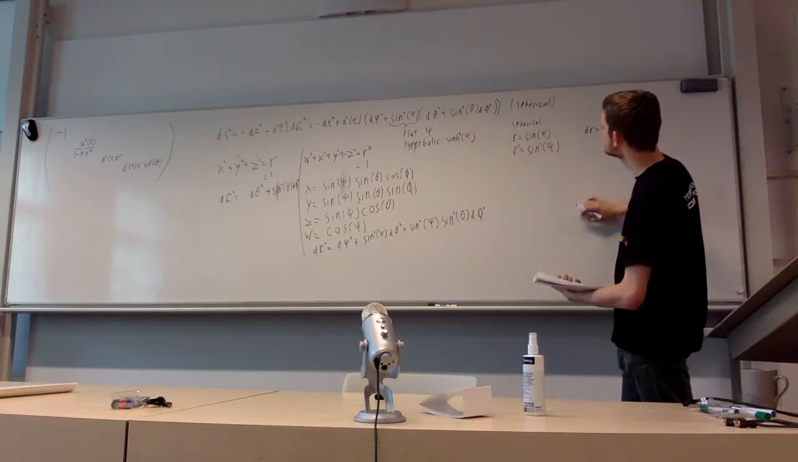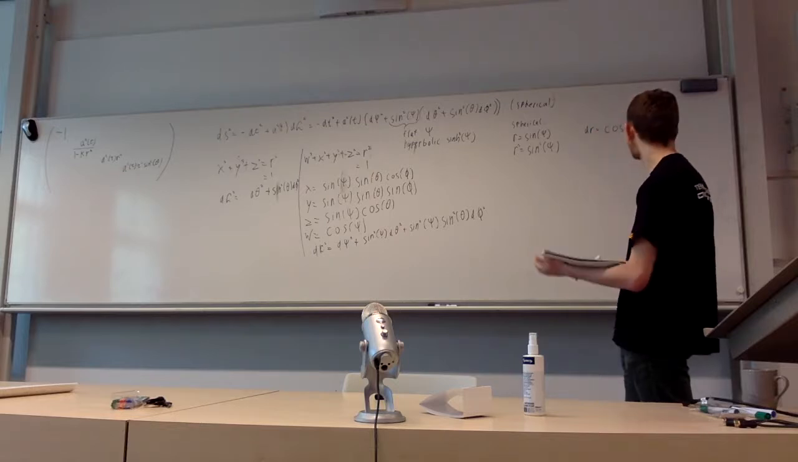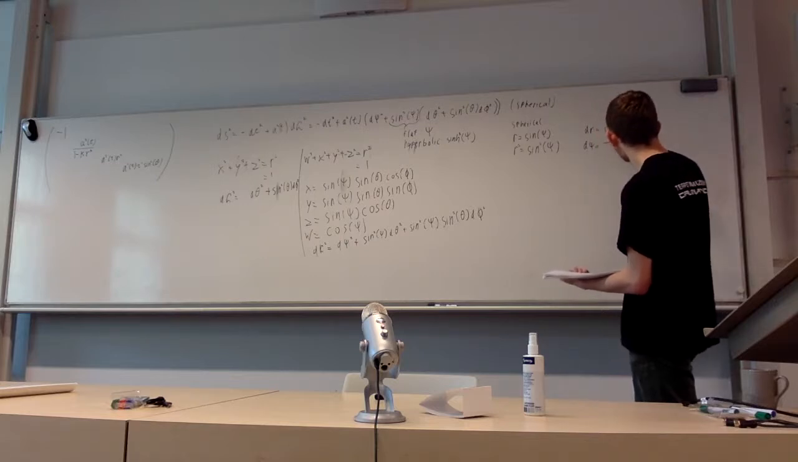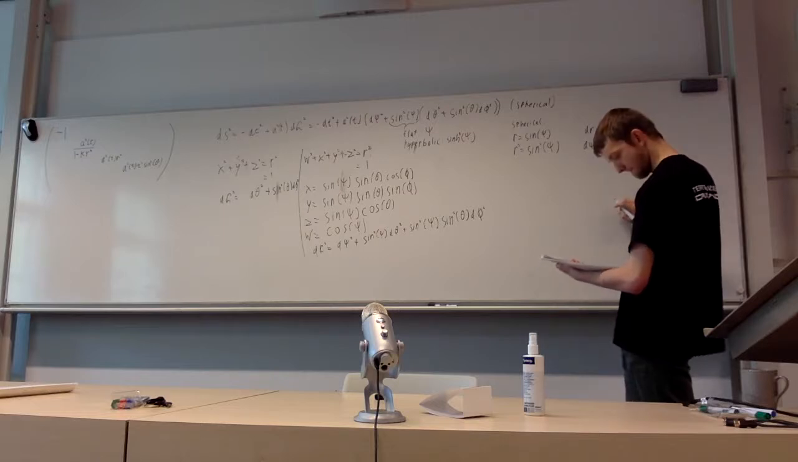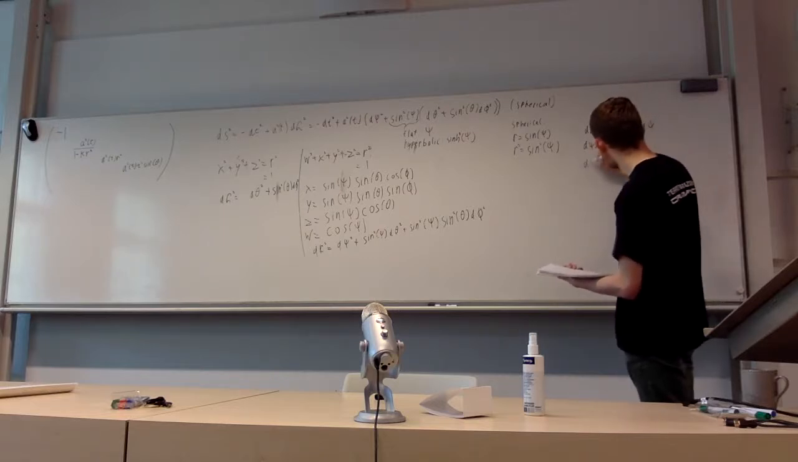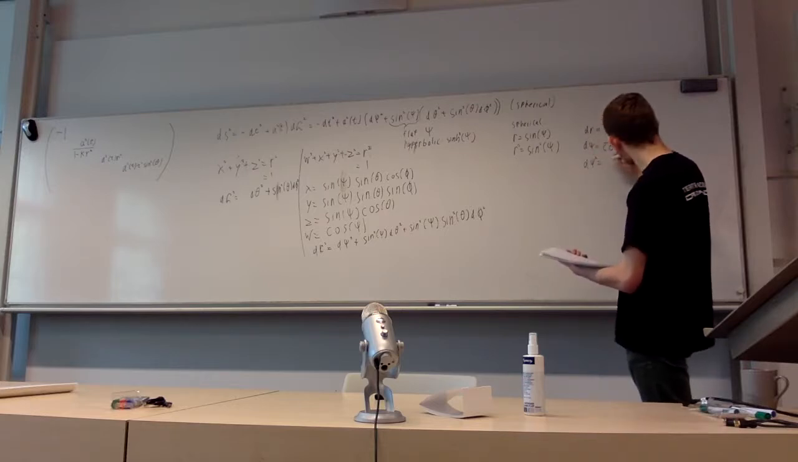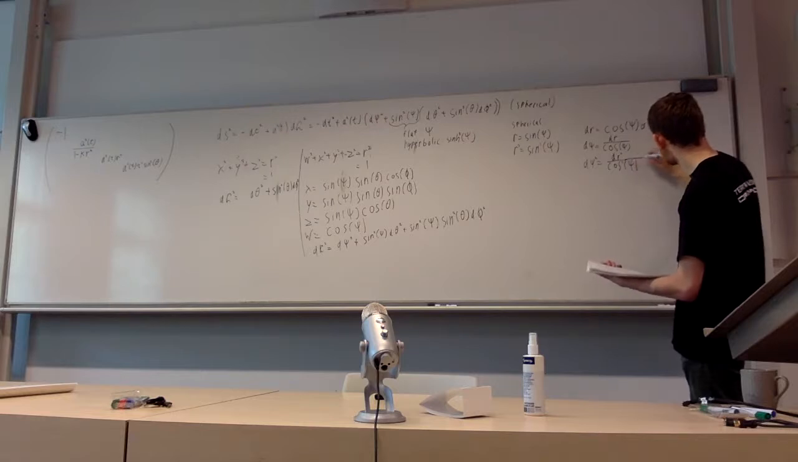Wait a second. I'm missing something here. Oh no, it's not true. You can rearrange this for the psi. It should then be dr over cos psi. And then you square that to get cos squared psi,